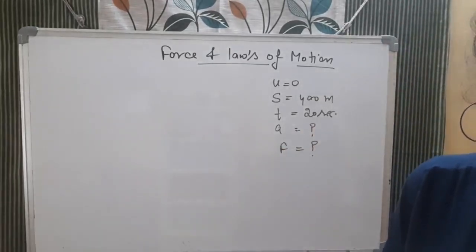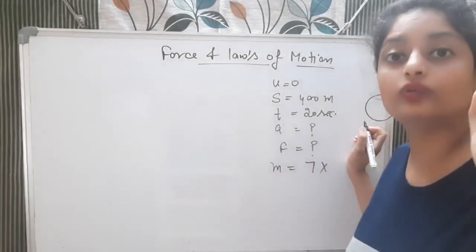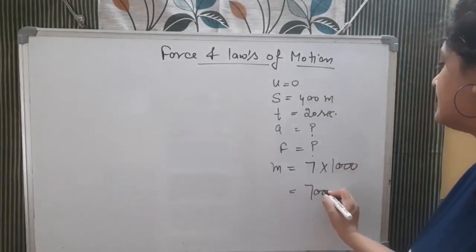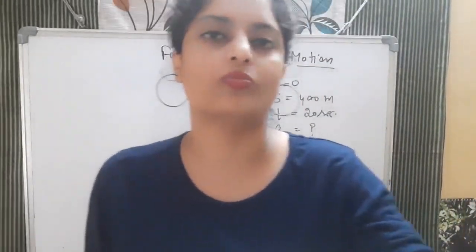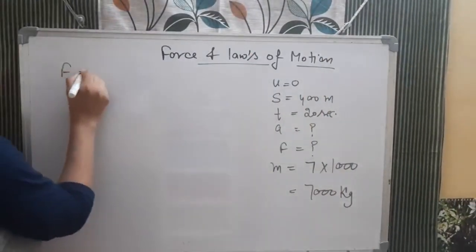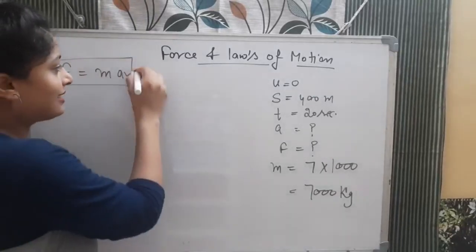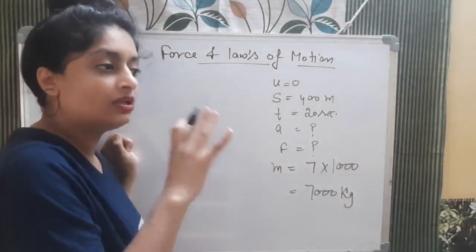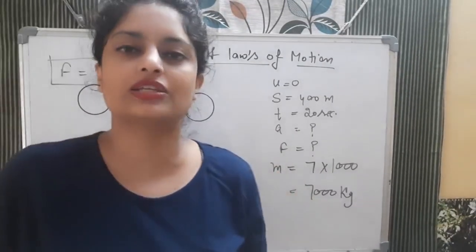If its mass is 7 metric tons, so mass is given as 7 metric tons, and 1 metric ton is equal to 1000 kg. So we will multiply it by 1000, and the mass is 7000 kg. In the starting of the video, I gave you all the formulas, which formula we need to apply. To calculate the force, we use the formula mass into acceleration. But we don't know the acceleration. To calculate the acceleration, we will use any suitable equation of motion. Here, if we apply v minus u is equal to at, or v square minus u square is equal to 2as,